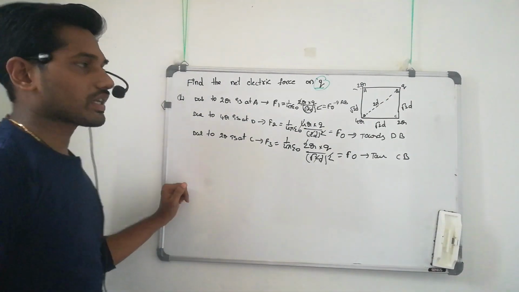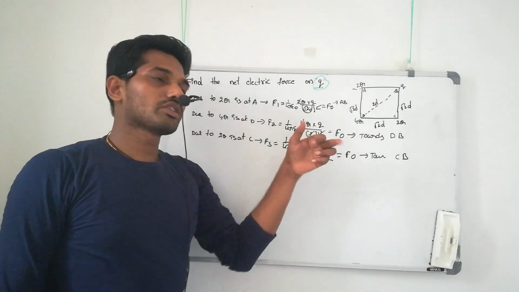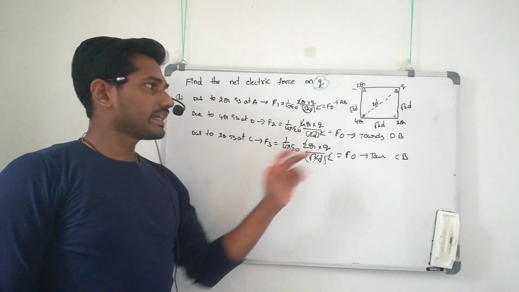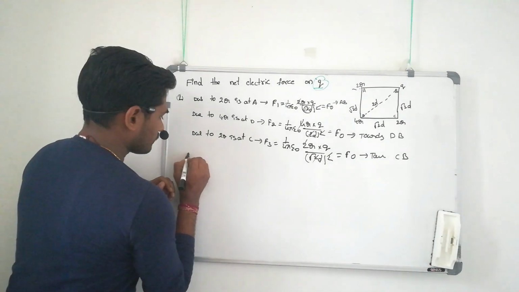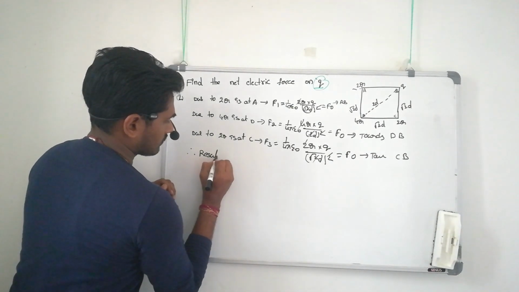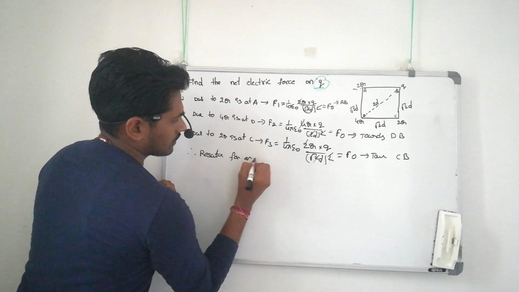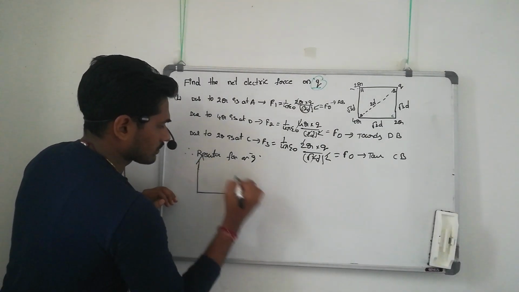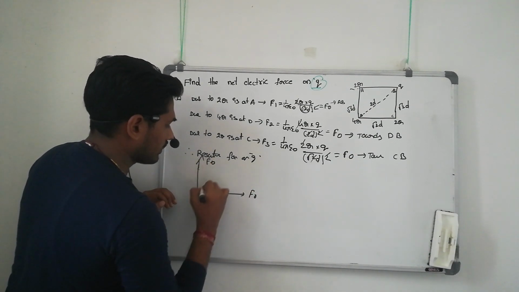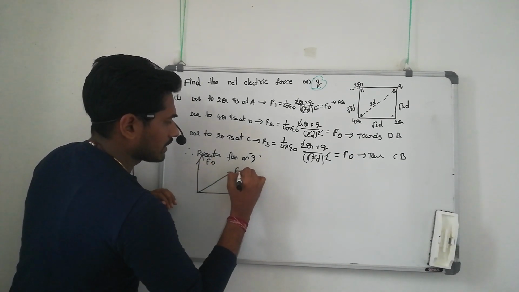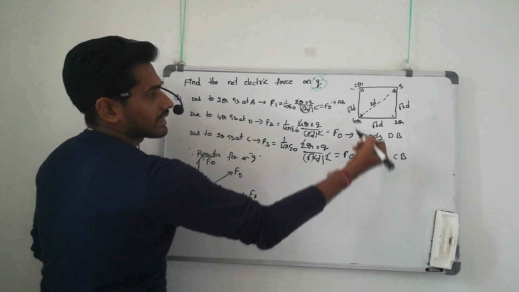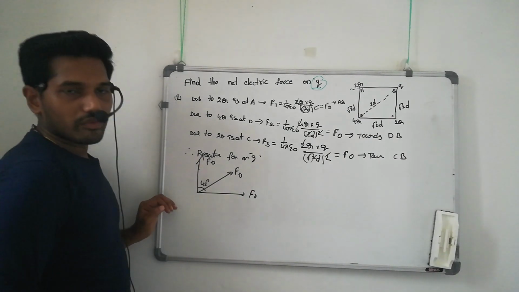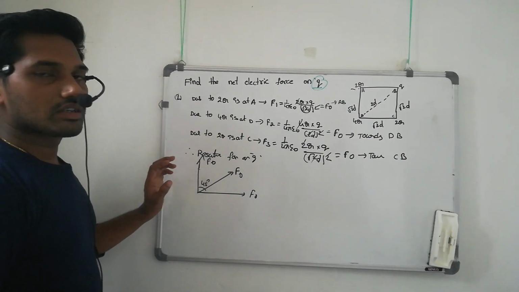So it is very important. If A, B, C, D are not mentioned, then you take toward the upward, toward the right, toward the left. So direction is very important. Here the resultant force on Q, we resolve into components: X component, Y component, and the F resultant component. F resultant is also F0 only. So total 90 degrees, half will be 45 degrees. Here we just have to consider the two components.